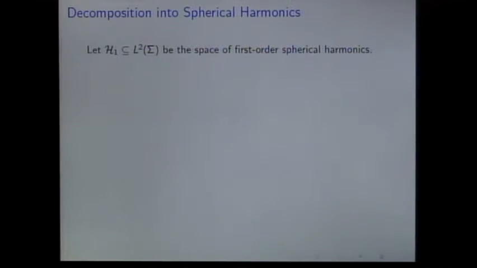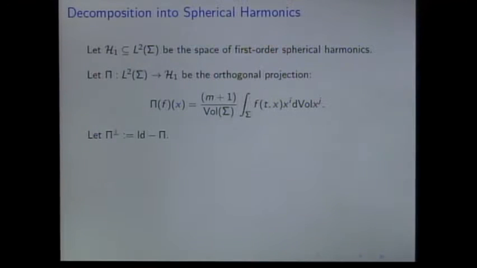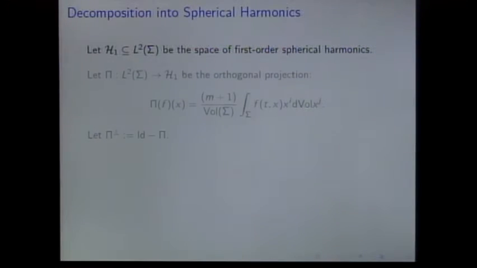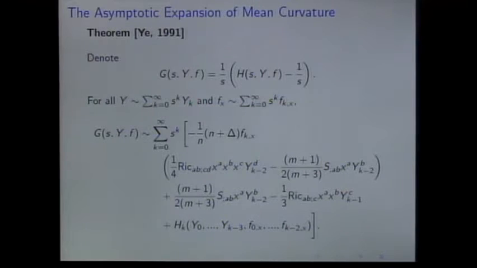We're now going to decompose things. You let pi be the orthogonal projection onto the space of first-order spherical harmonics in the sphere. You can explicitly calculate it's that. And let pi perp be the other bit. Then, we take the orthogonal projection onto spherical harmonics, we divide by s squared, and we take the other part, and we obtain this. Because what's happening? Here, we have this term of order k minus 1. So we've got one factor of s here. But this is quadratic, so it projects to 0 on the spherical harmonics of order 1.